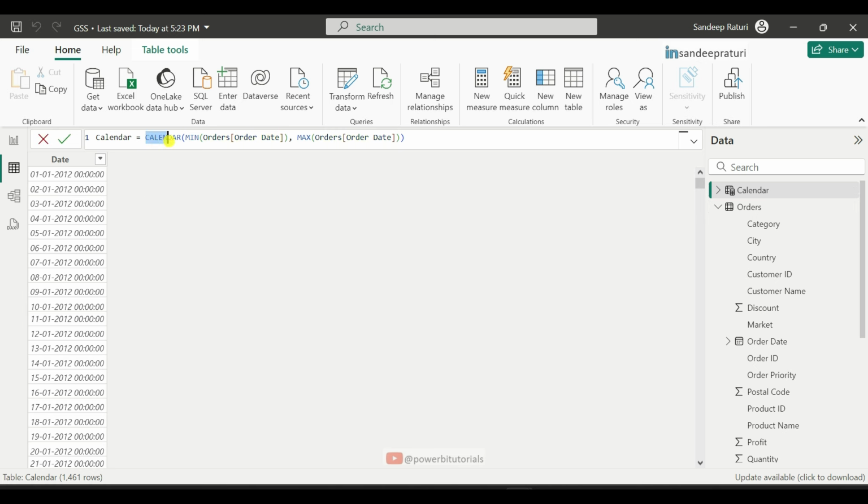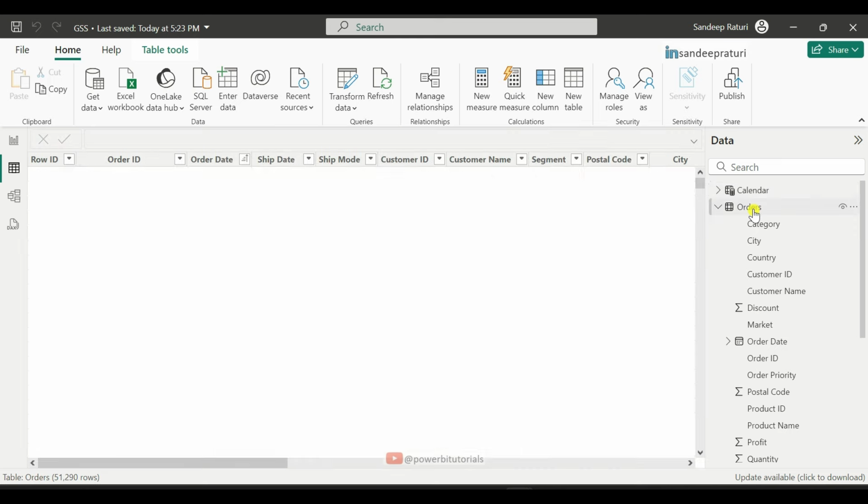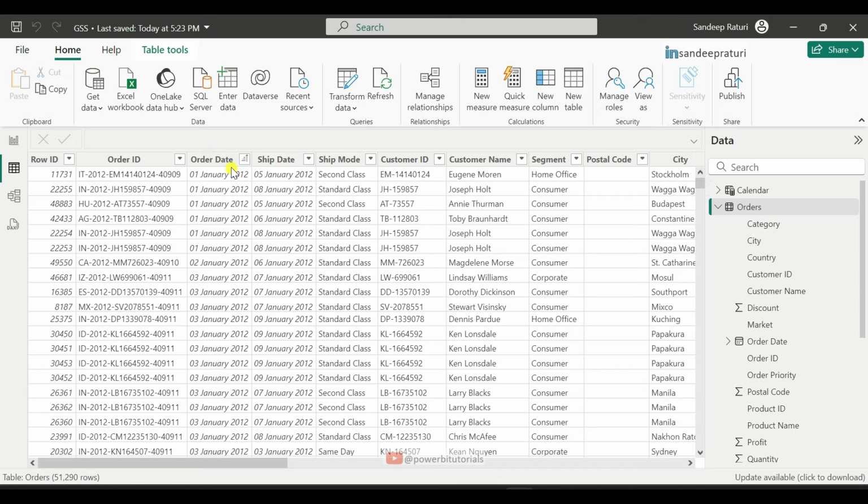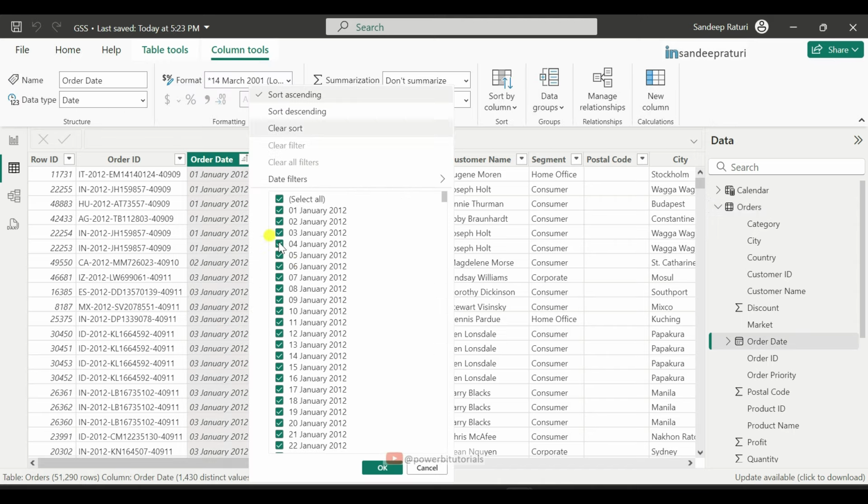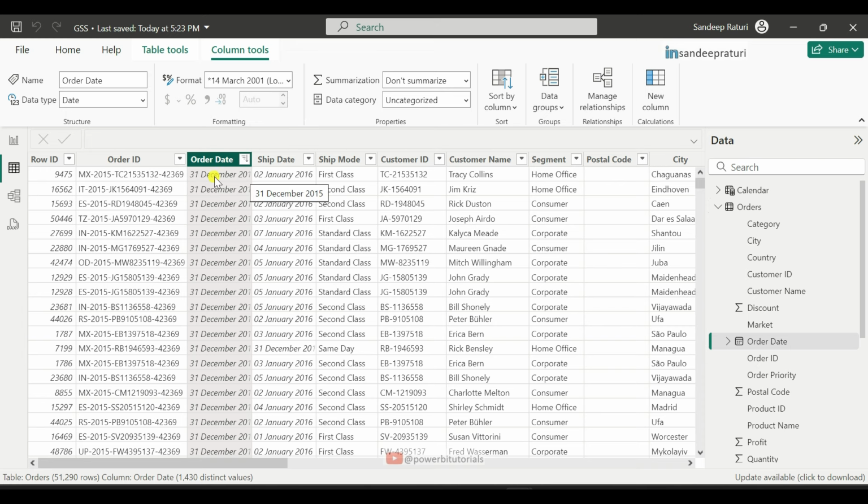So what does this DAX mean? The CALENDAR DAX function supports two arguments: from date and to date. In from date we passed the min order date and in to date we passed the max order date. So what does that mean? If you look into the orders data set, the minimum date is in year 2012, and if you sort the dates, the max date is in December 2015.